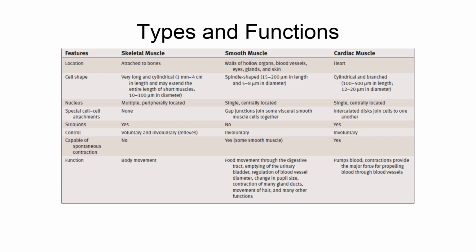So the smooth muscles are located in the walls of hollow organs, like in blood vessels, in the tubes of the digestive system, reproductive system, respiratory system, and they are also present in eyes, glands, and skin. Their cells are spindle shaped, and these are shorter cells than the skeletal muscles. And these cells have a single nucleus per cell, and these nuclei are centrally located inside the